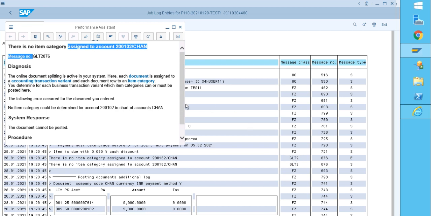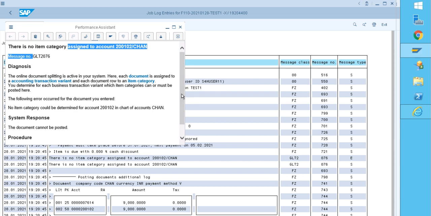GLT2 is the message class and 76 is the message number. It is in exception because it is not cleared, which is why this error comes here.